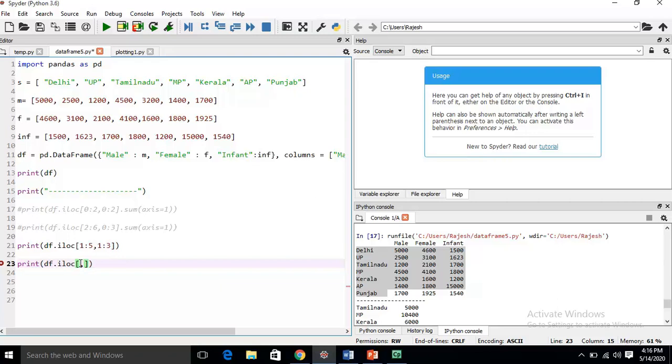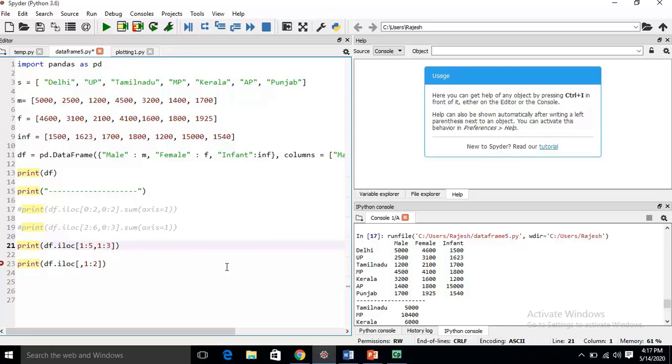If I do not write the beginning index and end index, it will access all the rows. But here I have to access the female and infant. Female is 0, 1, so this is 1 colon, then 0, 1, 2, this is 2.